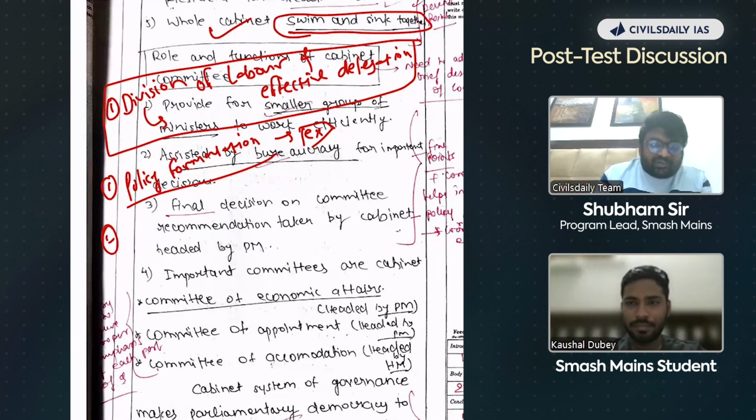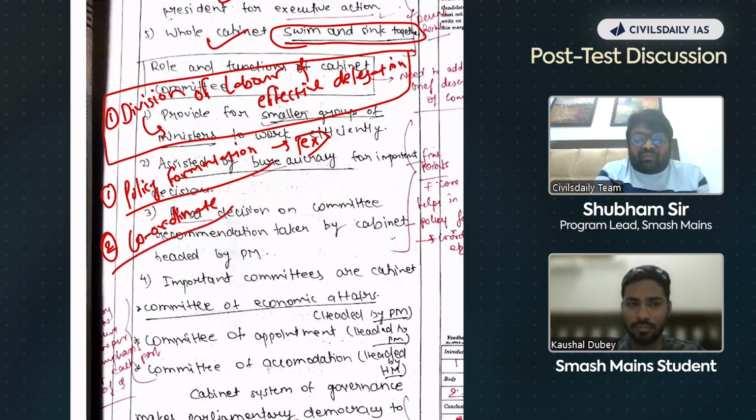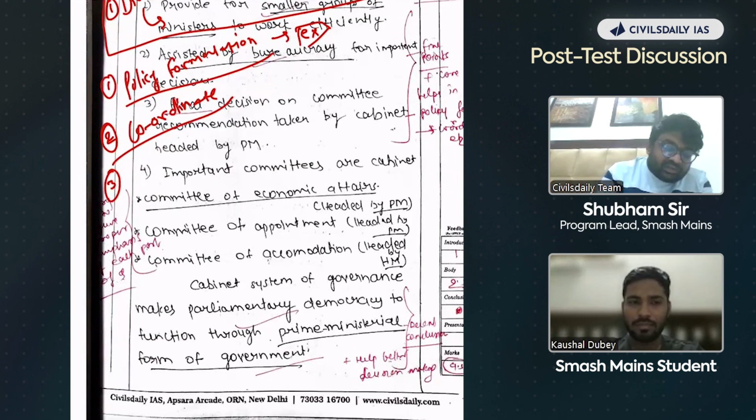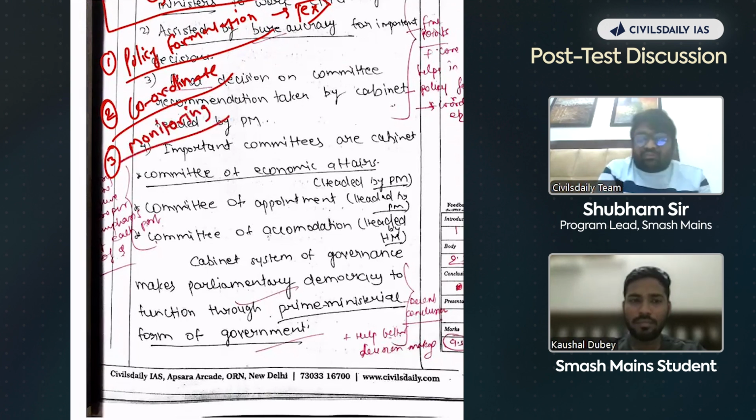After policy formulation, with respect to implementation, coordination. They coordinate with different ministries with respect to implementation of the policies. And third, with respect to monitoring. Great, so this is your temporal approach: formulation, implementation, monitoring. Example also: the Cabinet Committee on Parliamentary Affairs monitors the government business in Parliament.